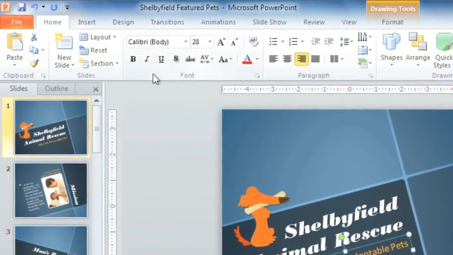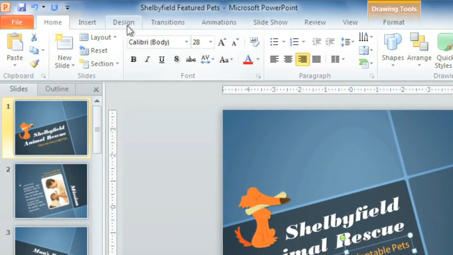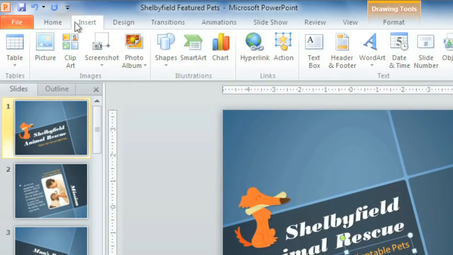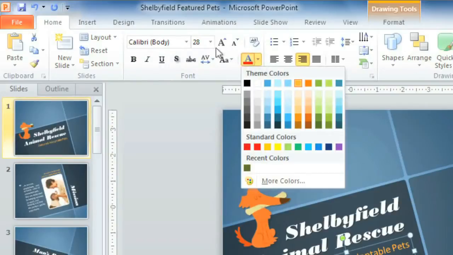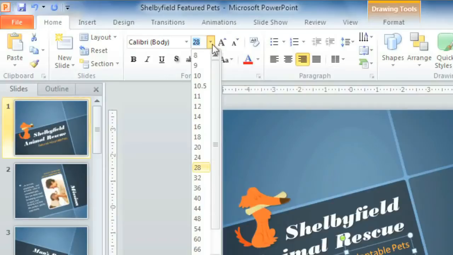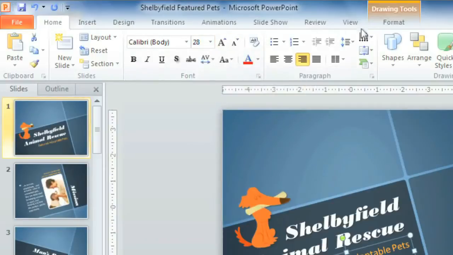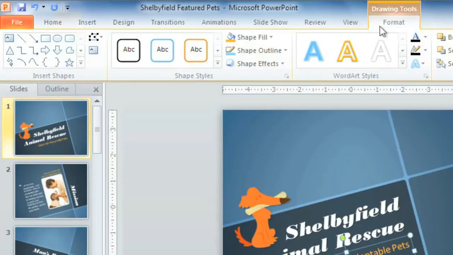of the screen. The ribbon is divided into tabs like Design, Insert, and Home to help you find what you're looking for quickly and easily. Also making things easier to find is the fact that all the commands are kept together in groups. For example, the font group contains everything we need to work with text, including font color, size, and more. There's even a special tab that appears when you select certain items, like text, to give you access to special